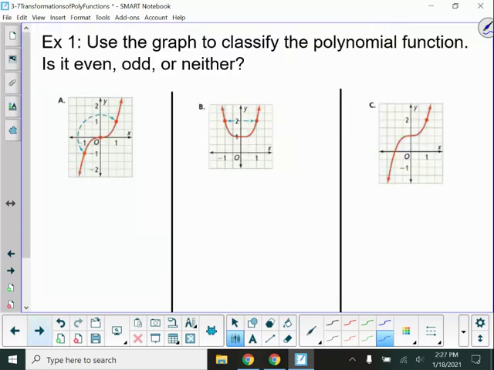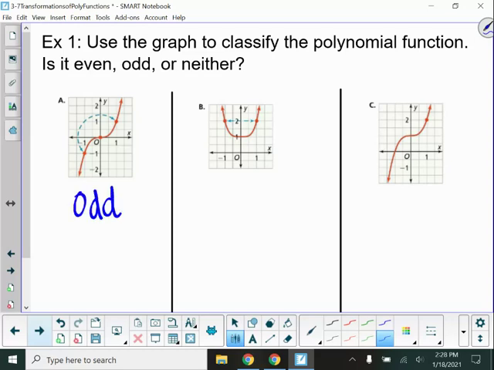So our first example, we're going to look at a couple of equations, and we're going to decide whether they are even, odd, or neither. So you can see for part A, we do have that arrow drawn on there, and that actually looks very similar to what we had in the example. So I have the point 1, 1, and I have the point negative 1, negative 1. So if I negate the x, I get back the negative of the y that was there,